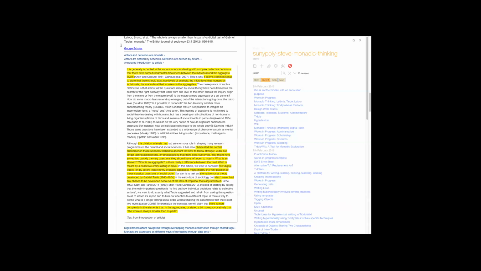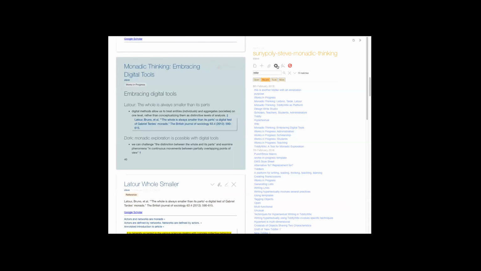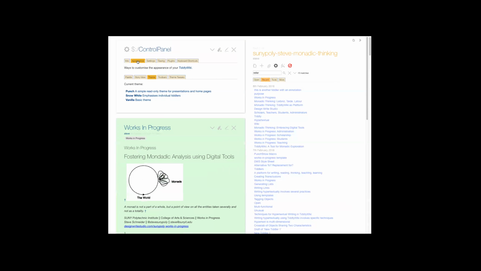So new here is a tool, not a macro? New here is a macro that comes by default in TiddlyWiki. Everything's a macro. The way you get new here, if it's not visible, is you go, thank you for asking, to the control panel, appearance, toolbars, and on the view toolbar, ask to see new here. You can click all of these things if you want to see what else they do.